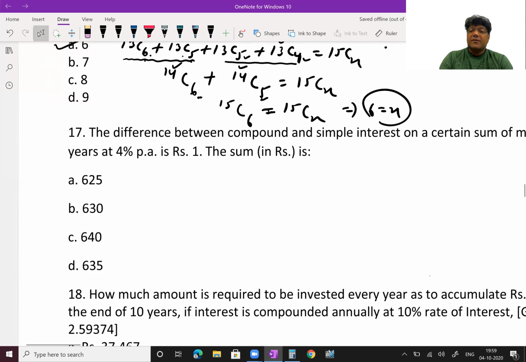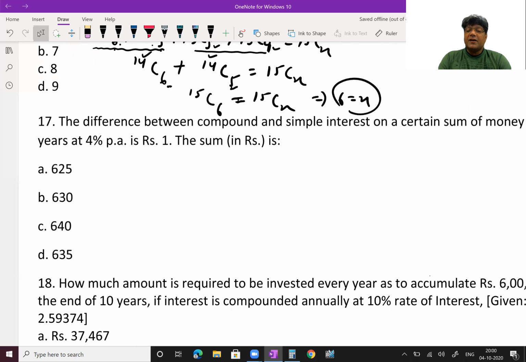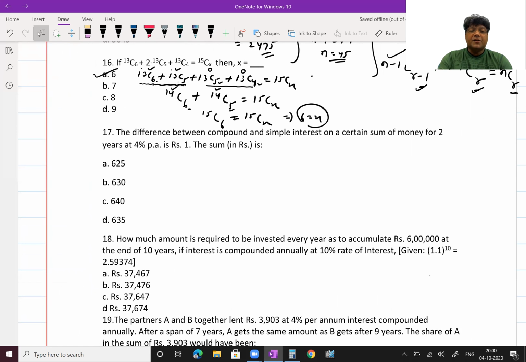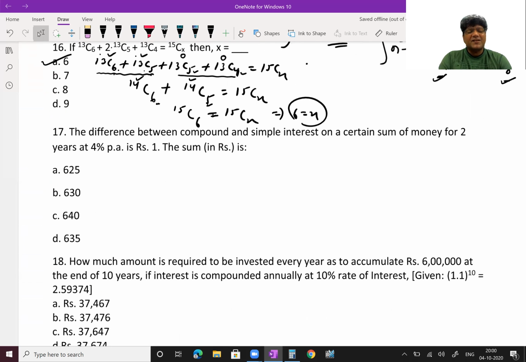Question number 17. Difference between compound and simple interest on a certain sum of money for 2 years at 4% per annum is rupees 1. The sum is? Guys, this type of question we have done a lot while solving this chapter, so it is very easy. Difference between compound and simple interest, CI minus SI. Now what is the CI formula? Not the amount, the direct compound interest formula. If you remember, P into (1 plus i) to the power n minus 1, the direct compound interest formula, minus simple interest, that is PTR by 100,